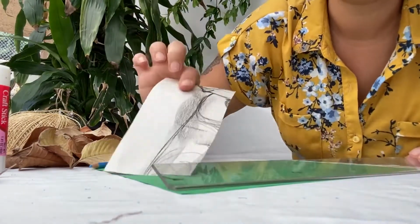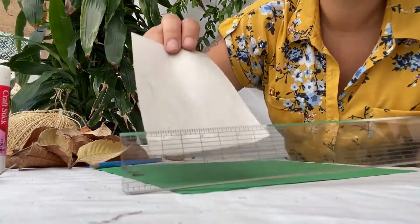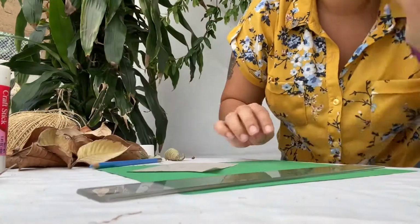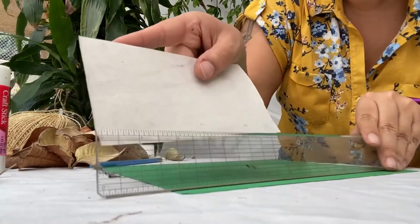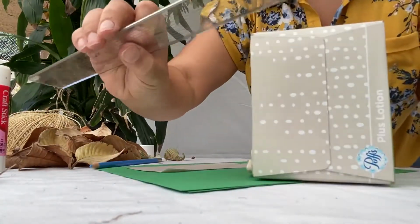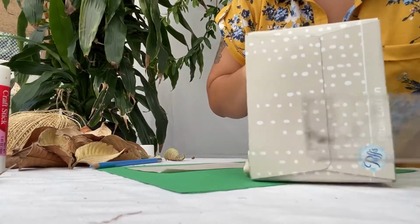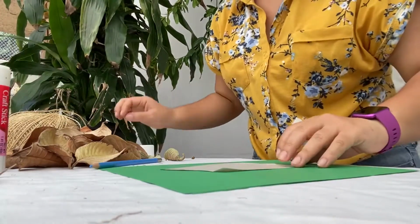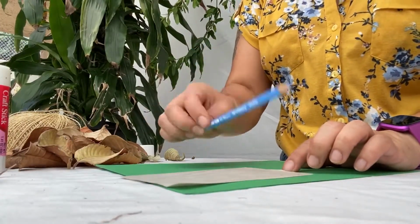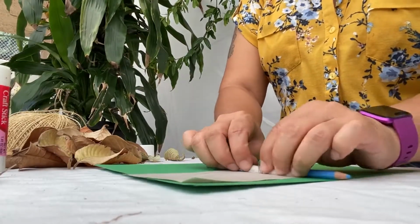So here I have some newsprint. I'm using an old drawing. And so I measured it out here to be about 3.5 inches wide, and it's about 5 inches long. And that's because this tissue box is about 3.5 inches. So what you're gonna do is you're gonna get a writing utensil. This is my thin writing utensil. It's my blue pencil here. And I'm going to